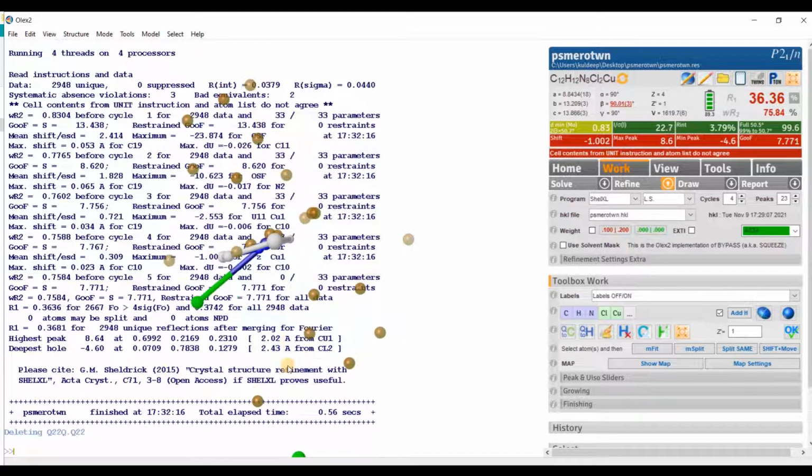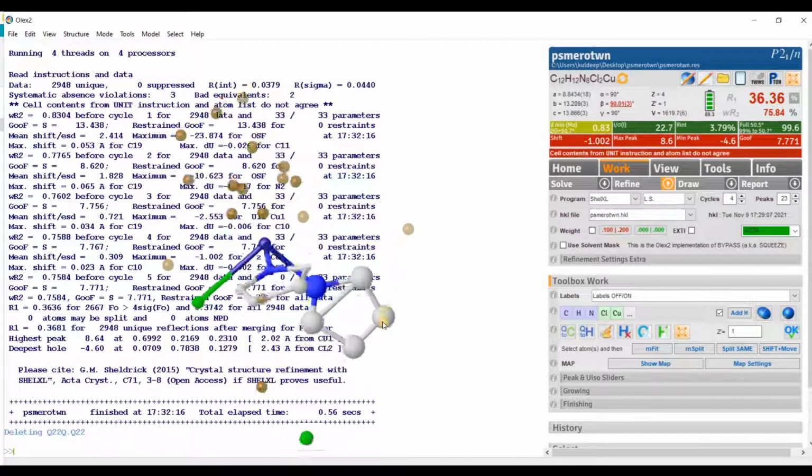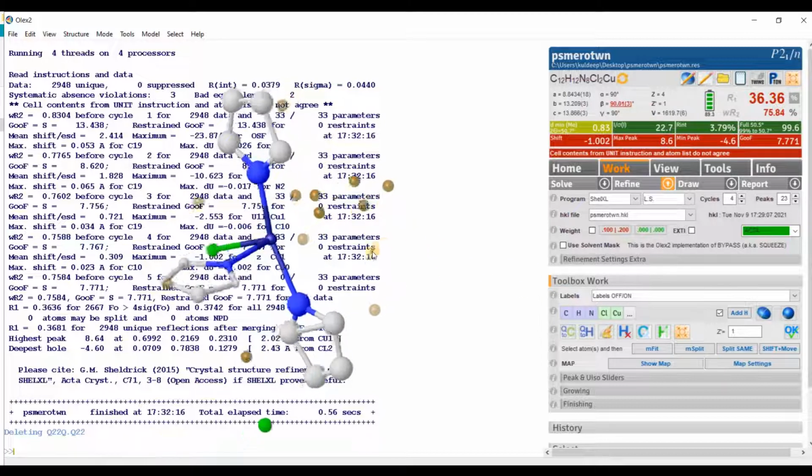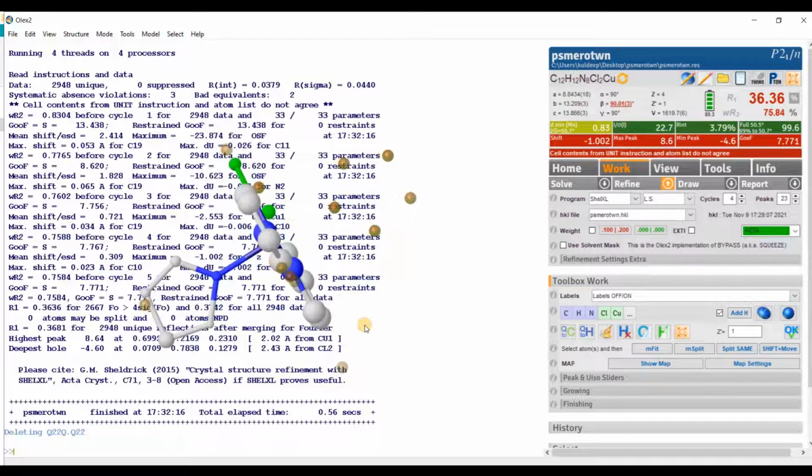Just delete this one and select this one and make them carbon. Okay, so this should be nitrogen. Yes, and let's go for another ring. Yes, there is one more ring visible. Select this one. This should be nitrogen. Okay, there is one more ring which is clearly visible. Select it, make it nitrogen. Yes.